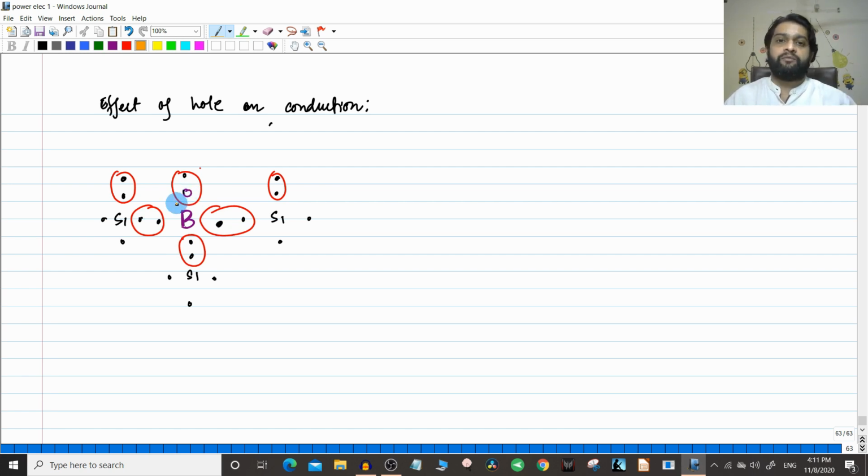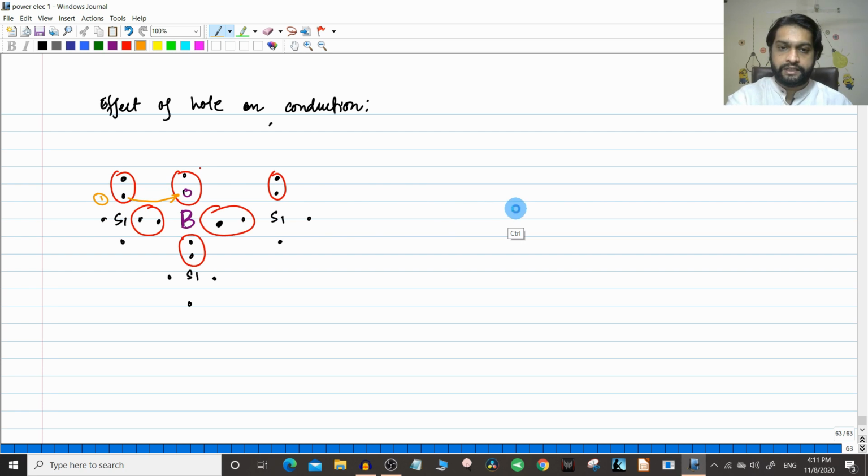You will see why it is like that when we see the energy band gap diagram. Just for the time being, understand that this can readily accept an electron. So this electron, for example, let us call it 1. This electron will readily break this covalent bond. It can easily break this covalent bond, and with a little amount of energy it can go and occupy this level. It can occupy this hole. So when this electron goes and occupies this position here, what happens? A hole is created in this particular position, right?